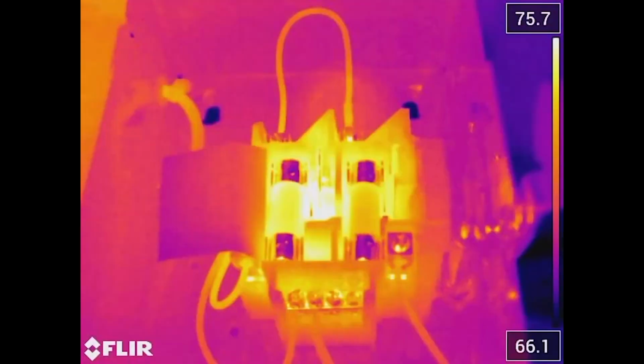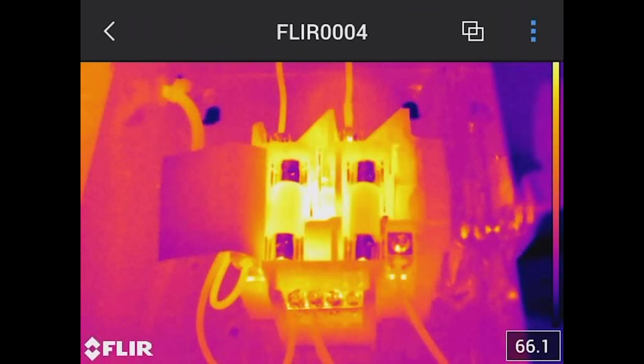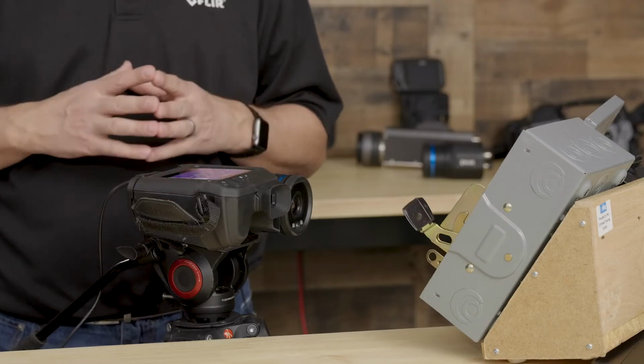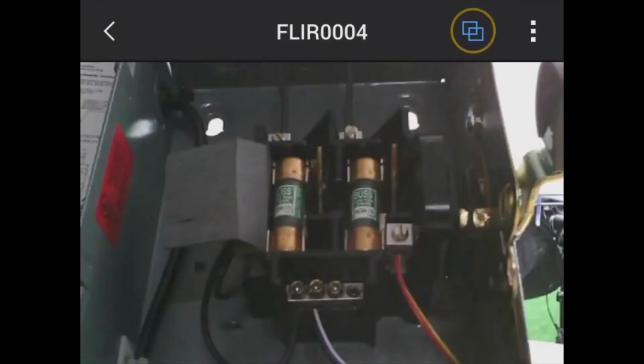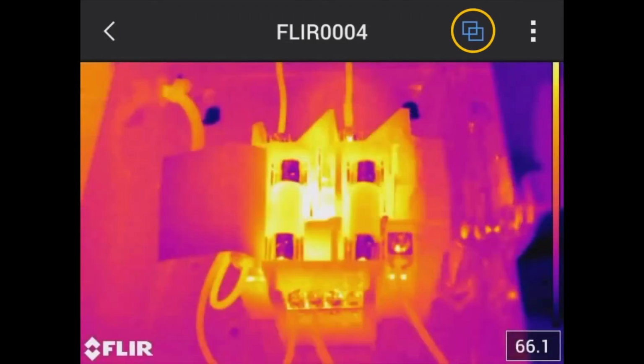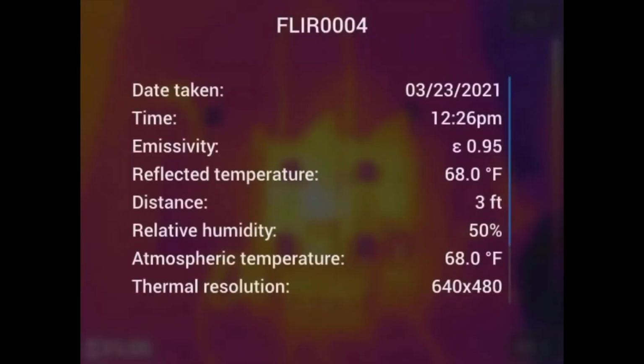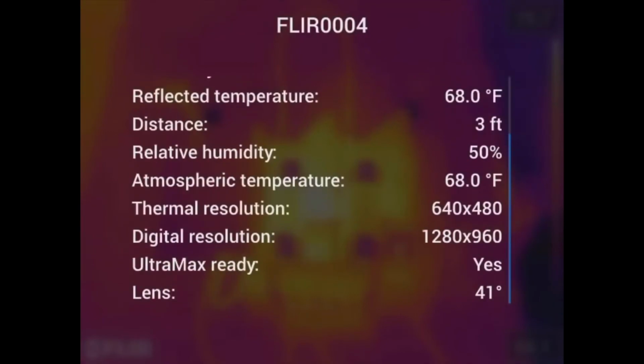So again, in the field, you can capture this data, go back to your office and do analysis with software, or if you'd like, you can take this image and we can do some editing. So when we touch the screen or use our enter key, you see a couple buttons on the side here. The one over here will go from the thermal to the visible, so you can go back and forth. So let me go back to thermal, and I'm going to click these three buttons on the side, and it gives us some tools. We can edit, we can throw it out, you can even touch the information button. You can see the date, the time, everything that we stored here in the camera system itself.